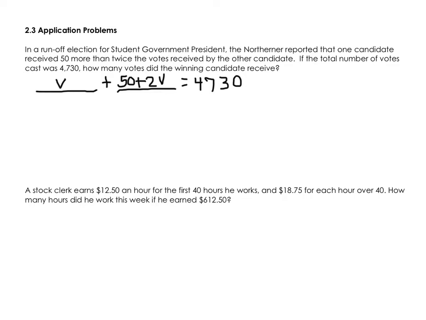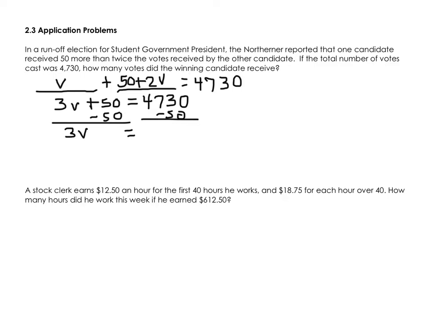Well, let's first simplify the left-hand side. We have 3V plus 50 equals 4,730. Let's subtract 50 from both sides, and we get 3V equals 4,680. So now, let's solve for V. Let's divide both sides by 3. And that will give us V equals